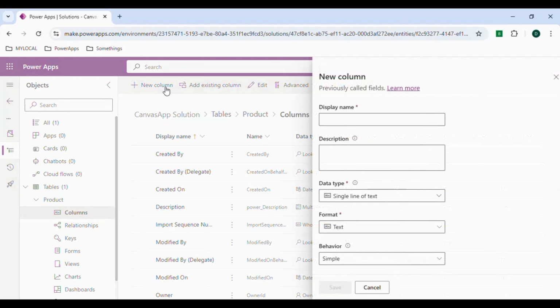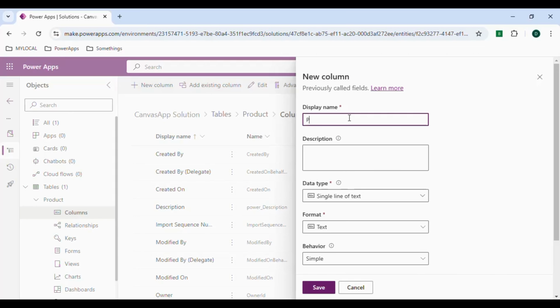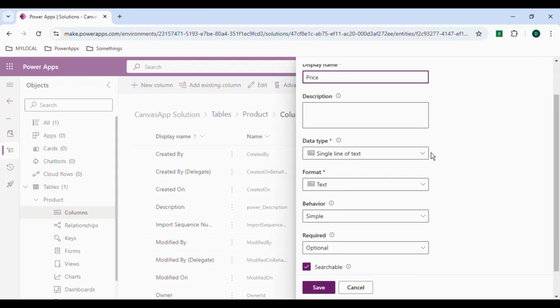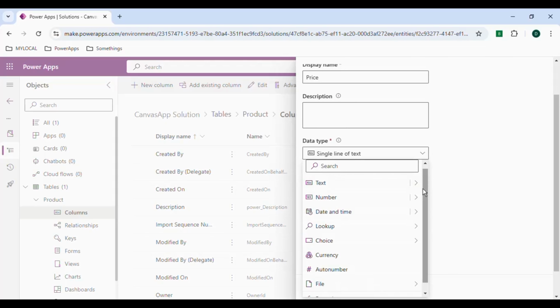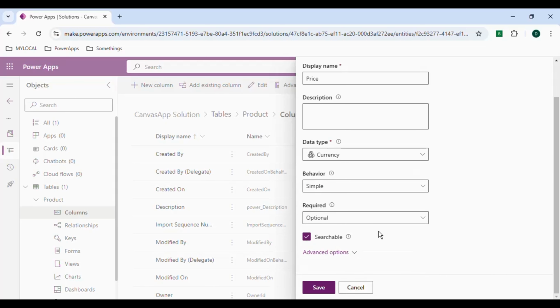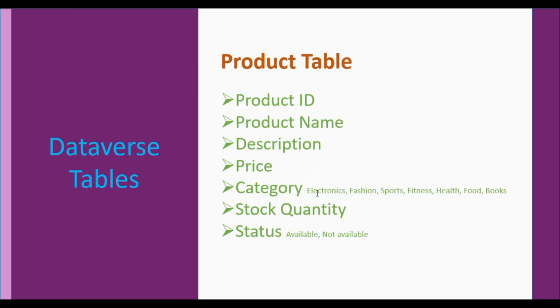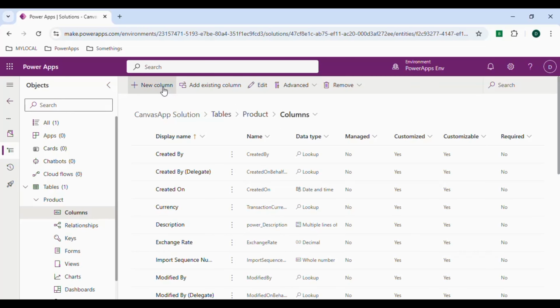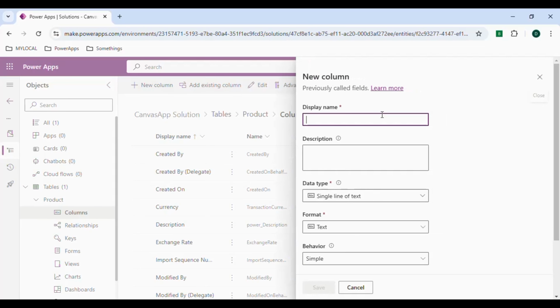Let's create another column. Let's create a column for the price. So price is a product price. Here we can choose the currency and save it. Let's create a category which has these options: electronics, fashion, sports and fitness, health, food and books. So new column, category,